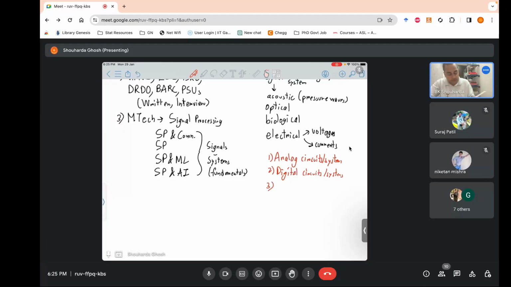Then you have a course called control systems. You see the word system is inbuilt in it. It is about designing systems to control something, to control certain signals, certain parameters, certain derivatives of the signal. That's control systems. Then you have courses like communication systems. So communication systems and control systems are two courses which build upon the foundation of signals and systems.